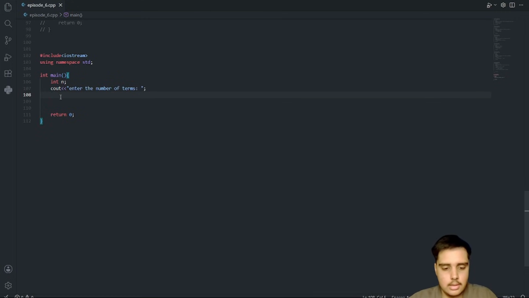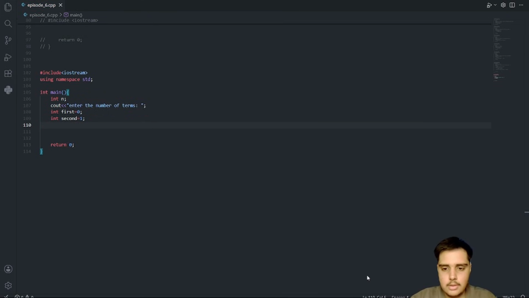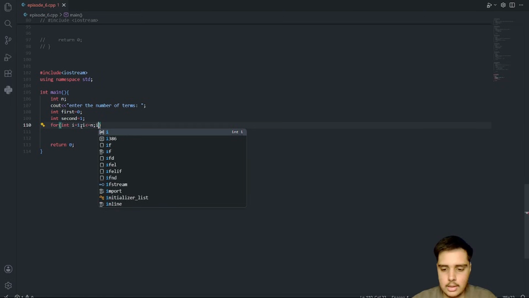And we will say int first equals 0 and int second equals 1. I will explain. So if I say for int i is equal to 0, the matter here is that i should not be taken as 0, it should be taken as 1, and i less than or equal to n, i plus plus.